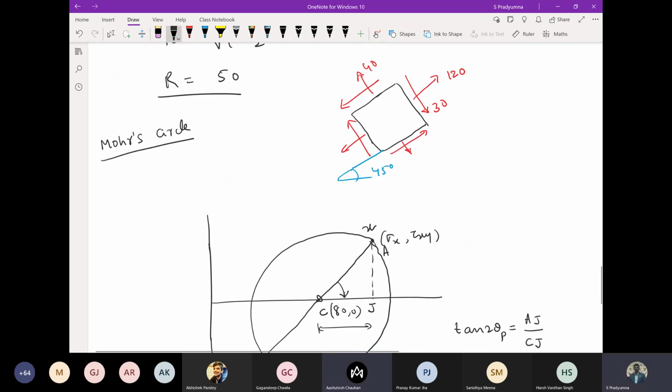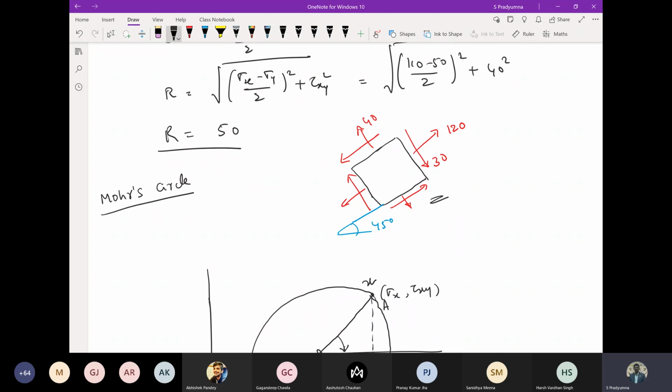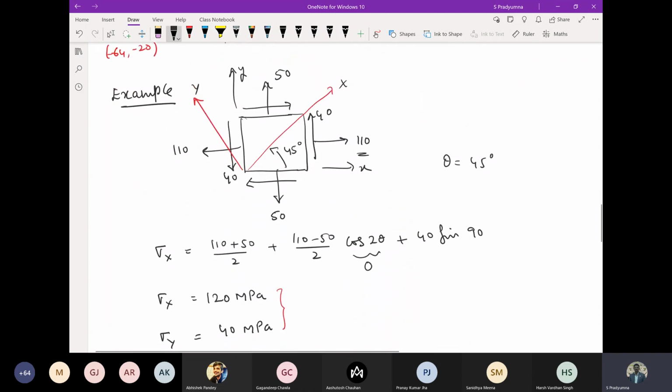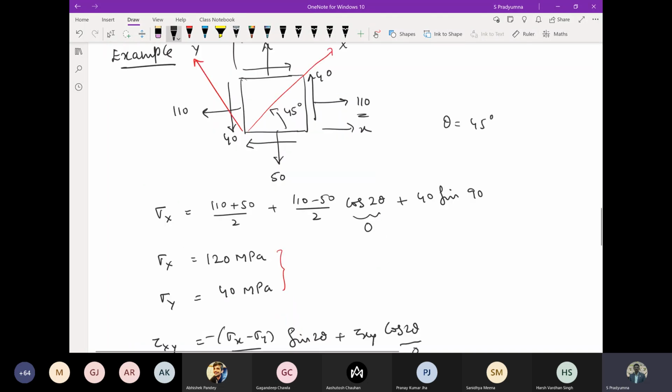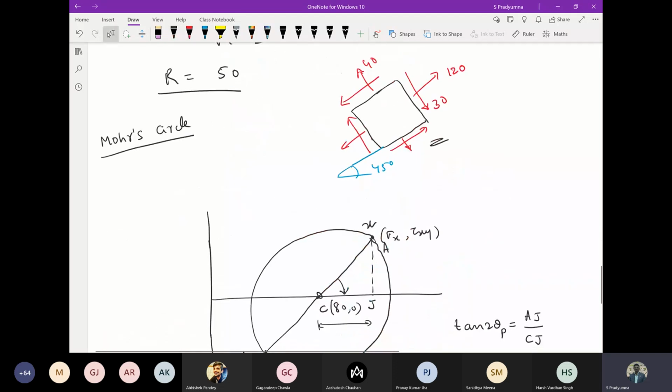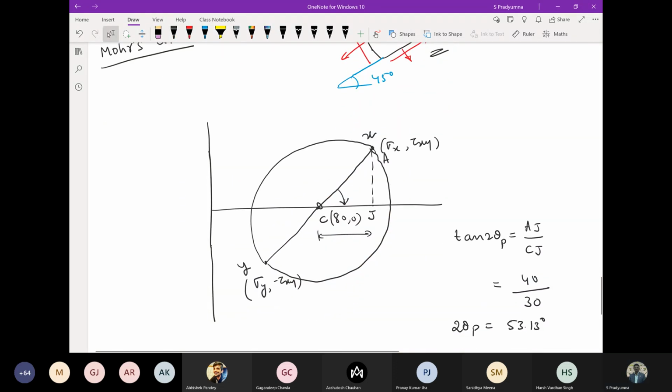Okay. Now I want to know these values with respect to a 45 degree rotation. With respect to the element, the x-axis, small x, is rotated by 45 degree in the counterclockwise direction. So what should I do here in this xy line? I should rotate it in the clockwise direction, correct? Yes, sir. This is the rotation I am making.